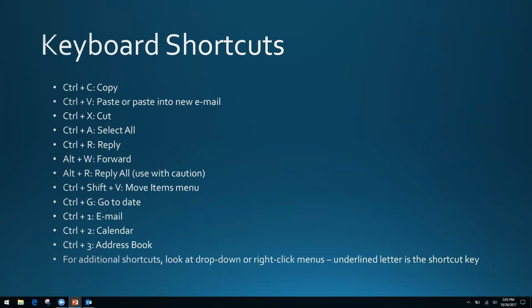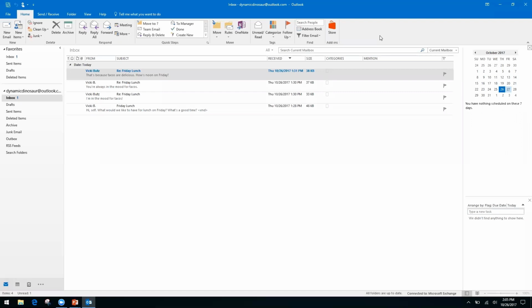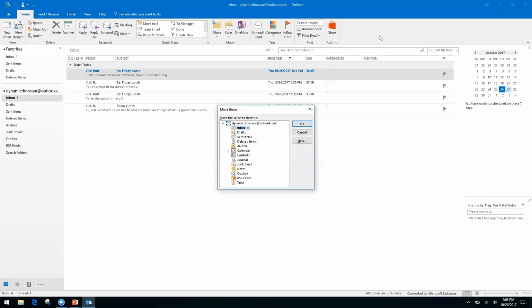Control-Shift-V is the Move Items menu. That one I will show you. So Control-Shift-V is going to allow you to move emails automatically to your folders. So right now, this is a brand new demo account. There's not a lot in here. I don't have any folders set up. We are going to go into how to set the folders up, but I wanted to show you a brand new, bright, shiny, clean version